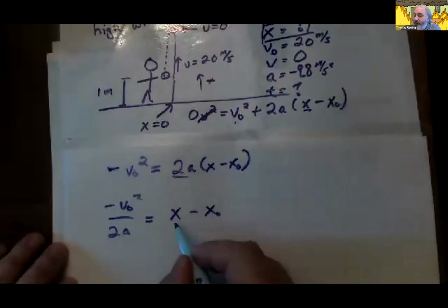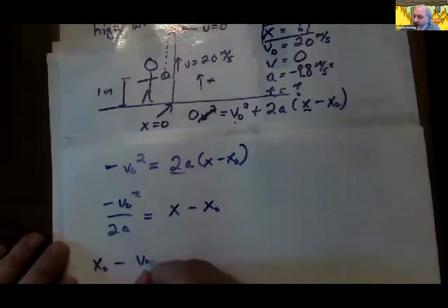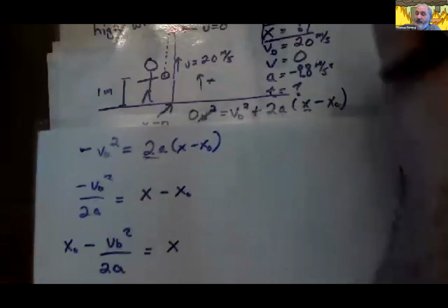Then I want to get x by itself. So let's add x initial to both sides. So I'm going to have x initial minus v initial squared over 2a equals x final. And now I'm ready to plug in my numbers. So what were my numbers? Well,